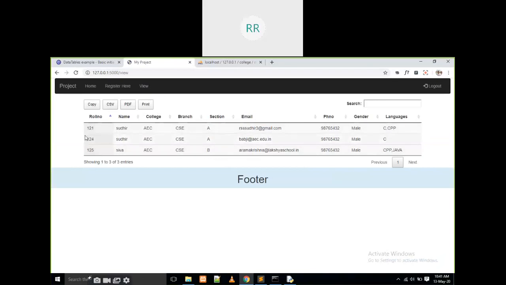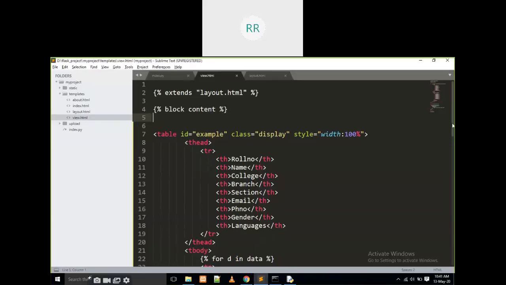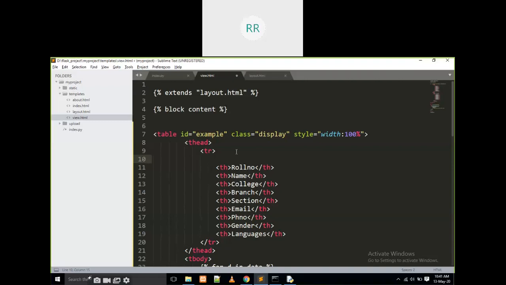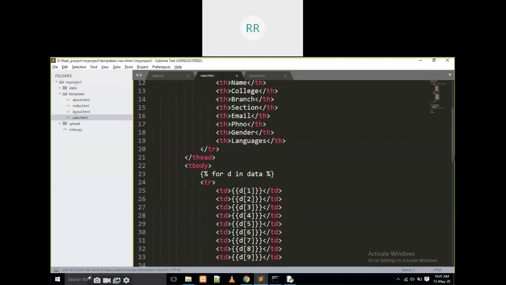Okay, now I am going to add one serial number here. That means I want to add some serial number. I am going to add here a th open, th close, and write some serial number. Here I am going to write td open, td close.